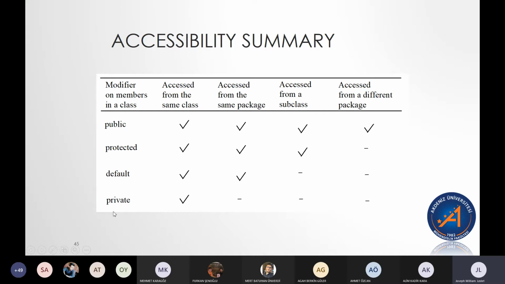Private means only the class itself can access it. The default, if we don't put any visibility modifier at all, means our class and anybody from the same package can access it. Part of why I'm not really giving you anything that's going to